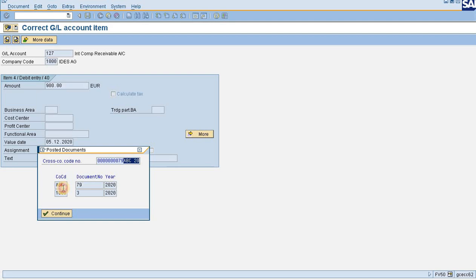So see, there are two company codes in which the document got posted. One got posted in ABC company code with document number 79, another got posted under 1000 company code with document number 3. So that's the concept. Now I am going one by one. First of all, document 79 got posted under company code ABC. So going inside this,